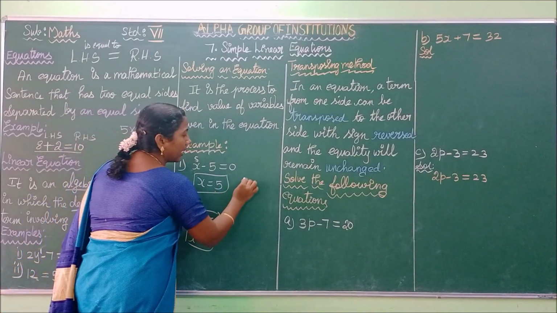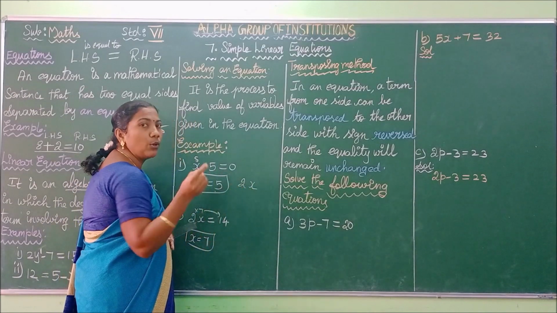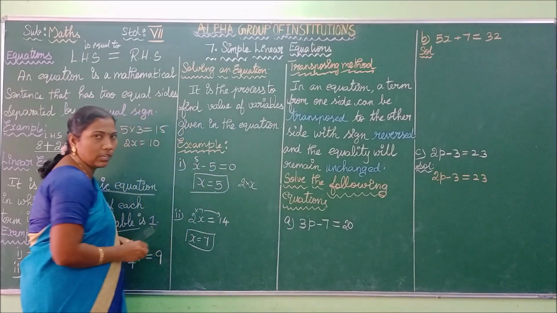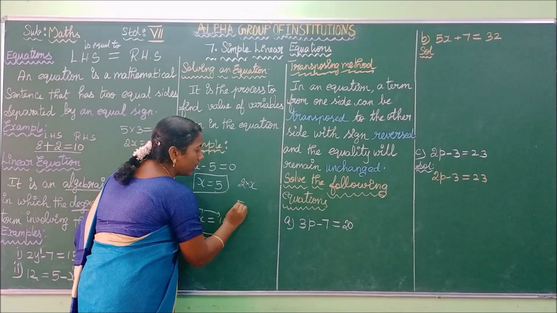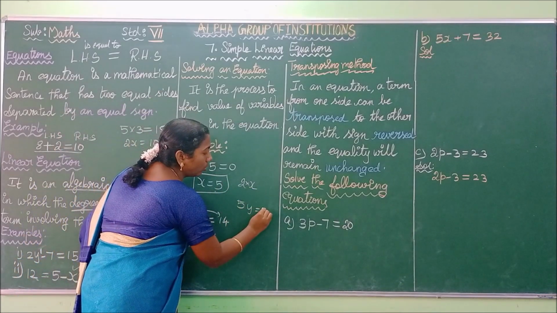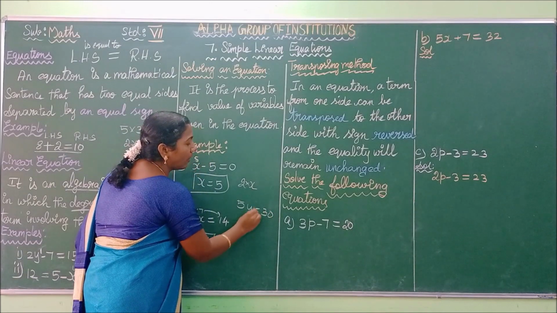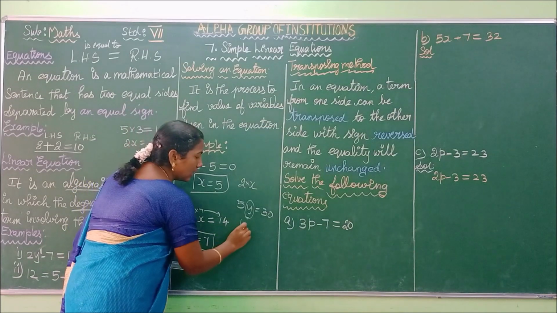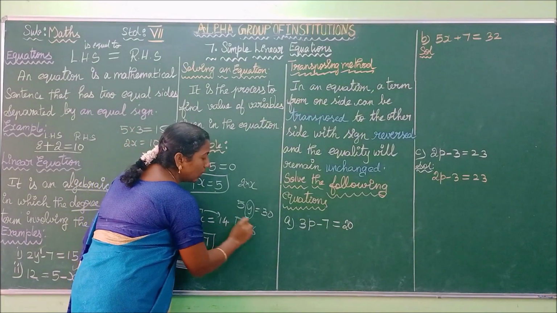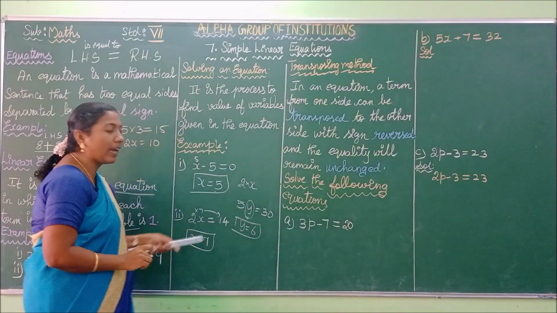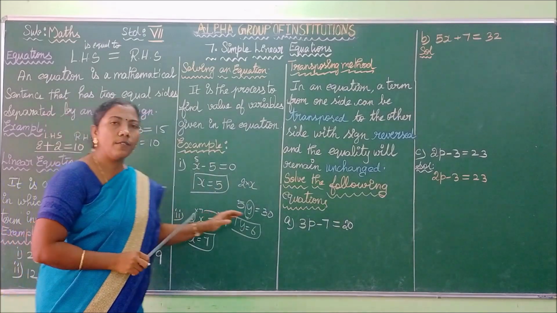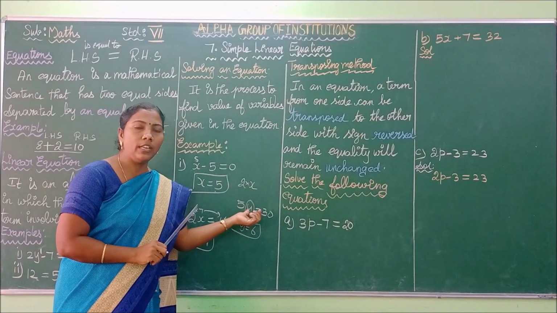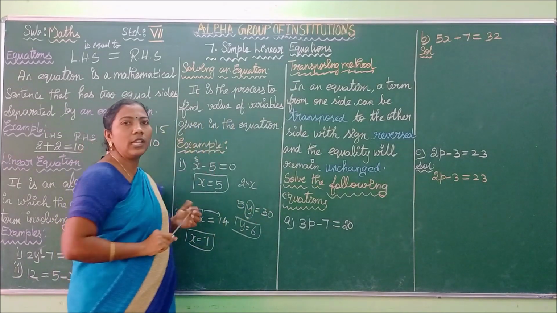While we are writing 2x, we have to understand the operation between 2 and x is multiplication. Okay, let us see some more examples. 5y equal to 30. What should be the value of y? It gives the value 30. Yes, 6. Therefore, y equal to 6. So this is the way we are finding the value of the variable. This process of finding the value of the given variable is called solving an equation.